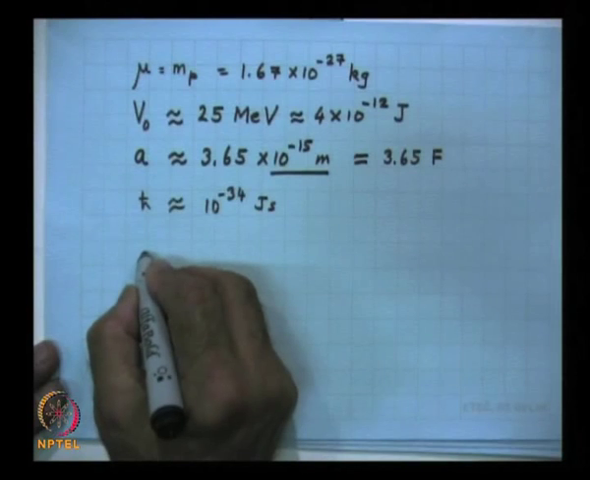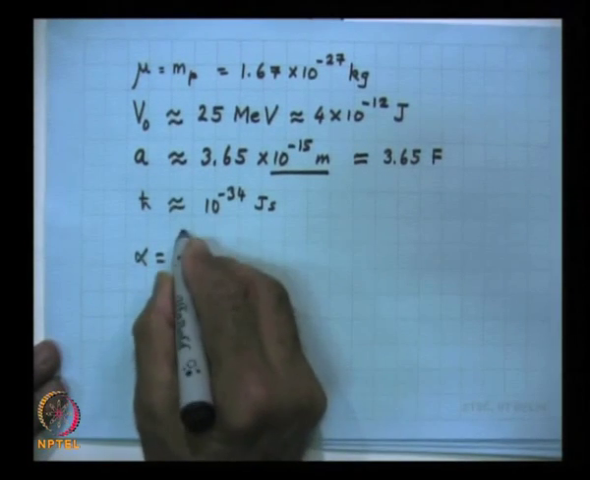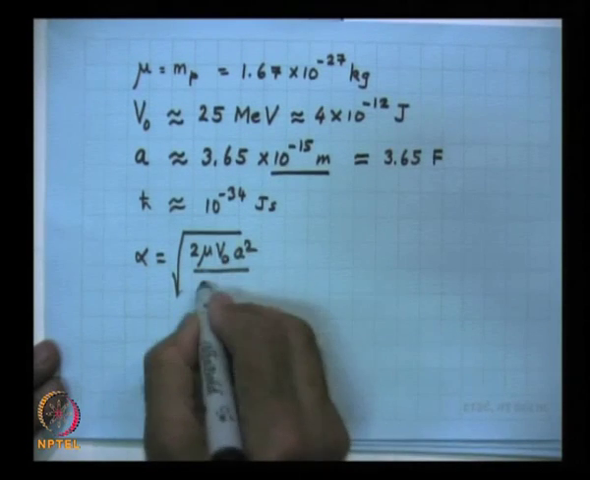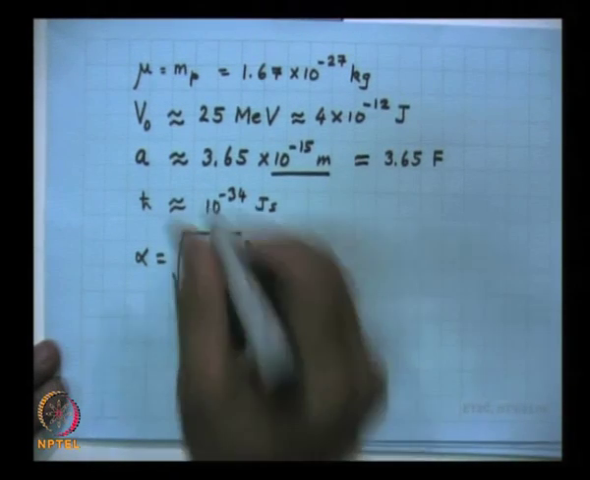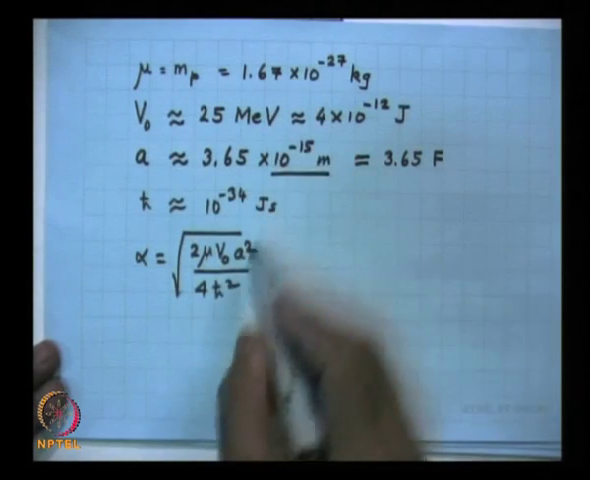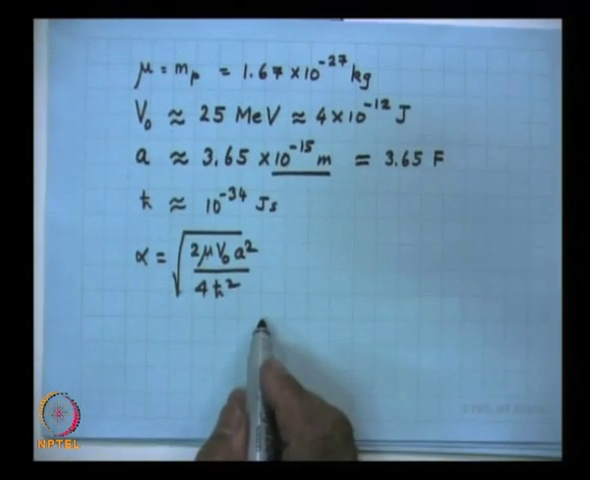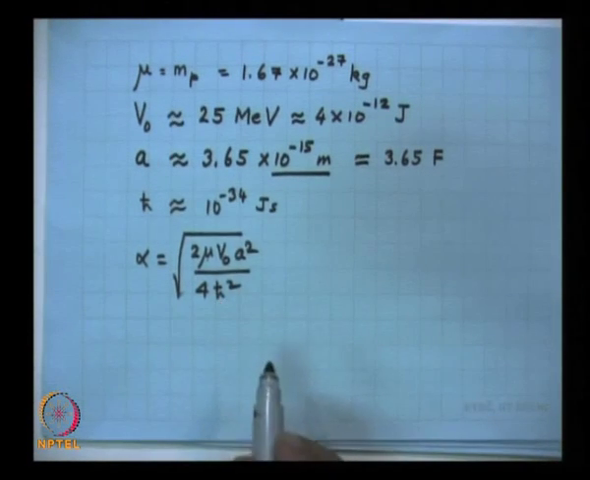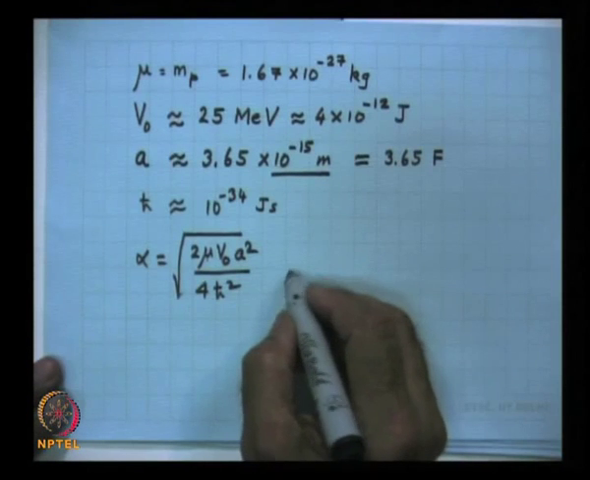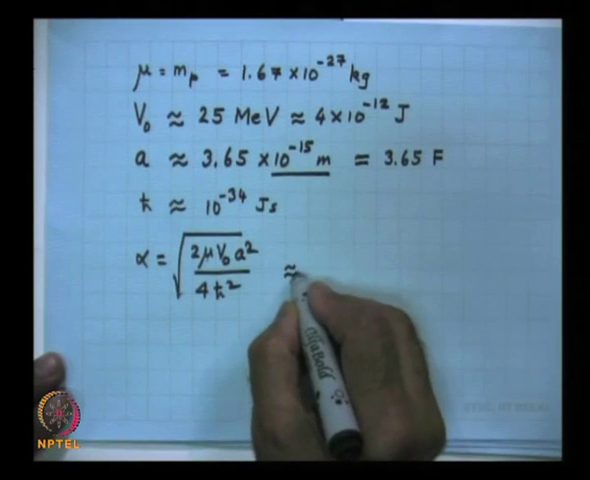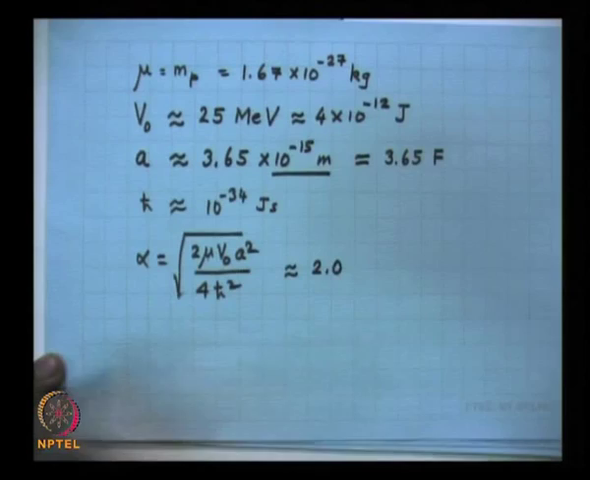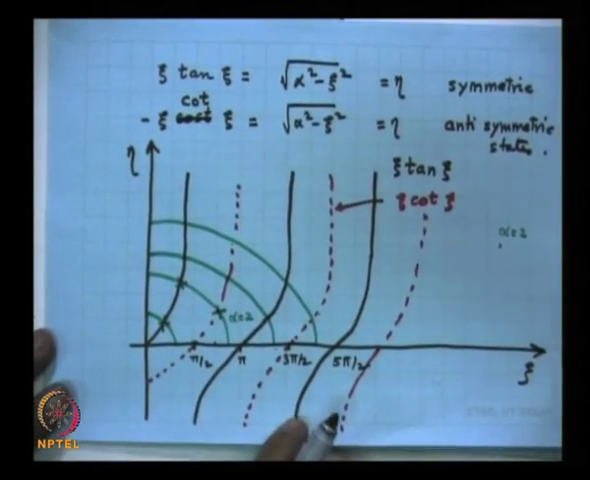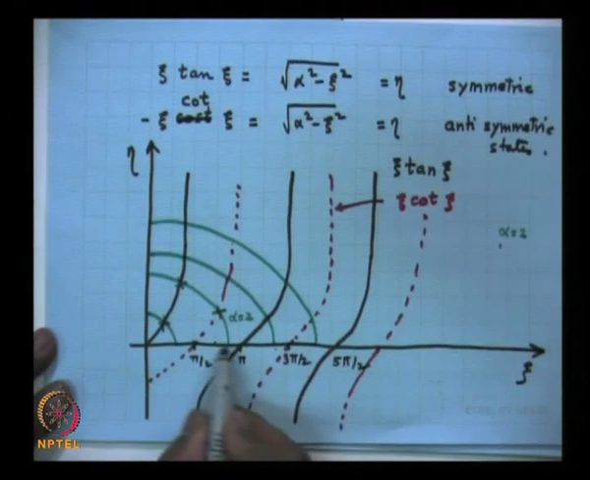If you substitute the values, alpha squared is equal to 2 mu V 0 a square by 4 H cross square. You substitute for mu, V 0 is 4 into 10 to the power minus 12 joules, a is 3.65 into 10 to the minus 15, H cross is 10 to the power minus 34. If you substitute that and take the square root, you will get alpha is equal to 2.0. So, if alpha is 2.0, then alpha lies between pi by 2 and pi,